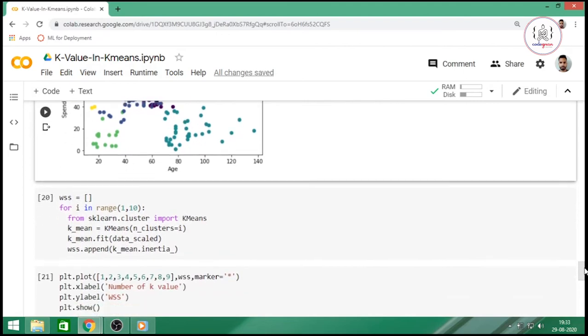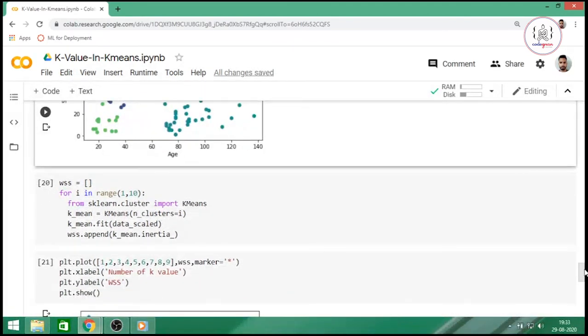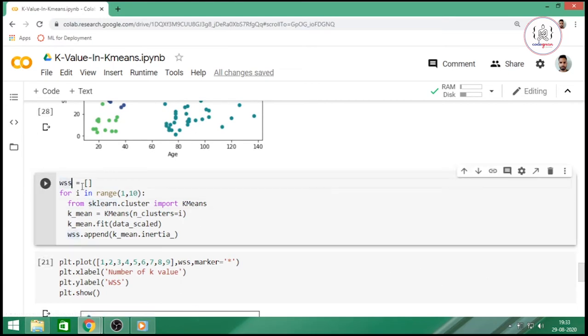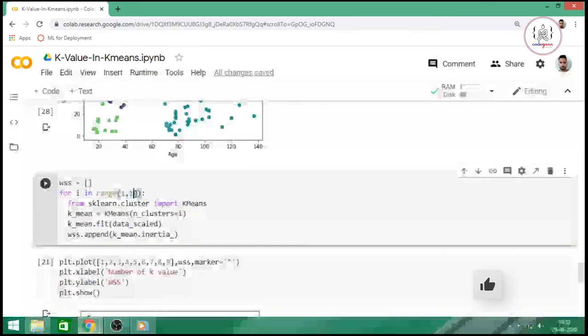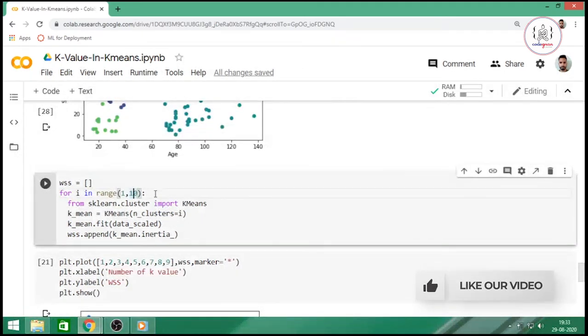So here, instead of trying out these different values, we can do it using this for loop. We have defined an empty list, then we are iterating over i in range 1 to 10. So our n_clusters are going to be i.